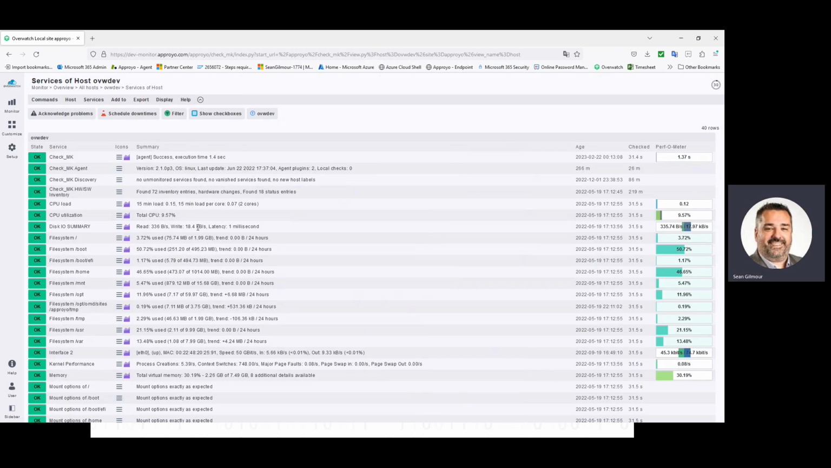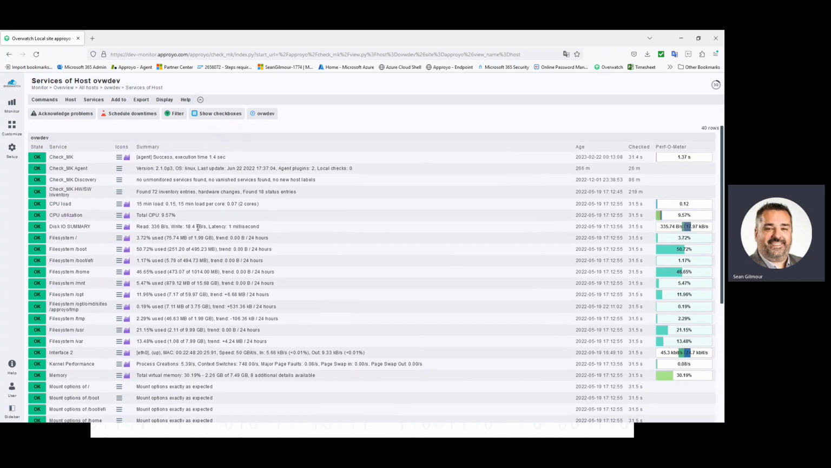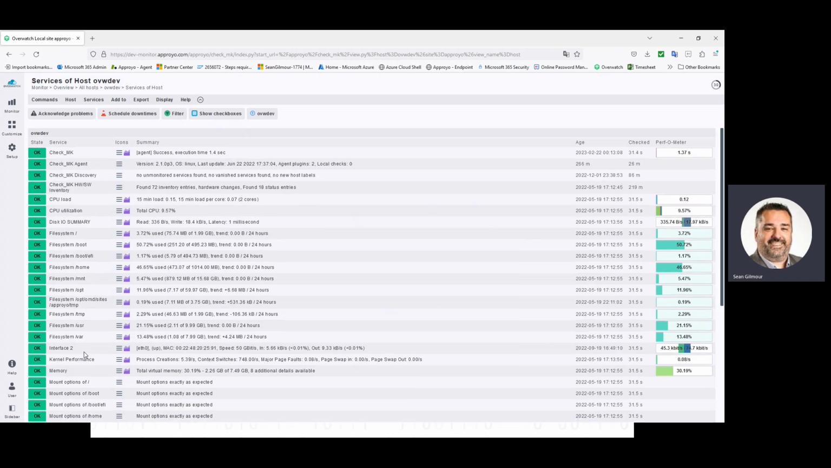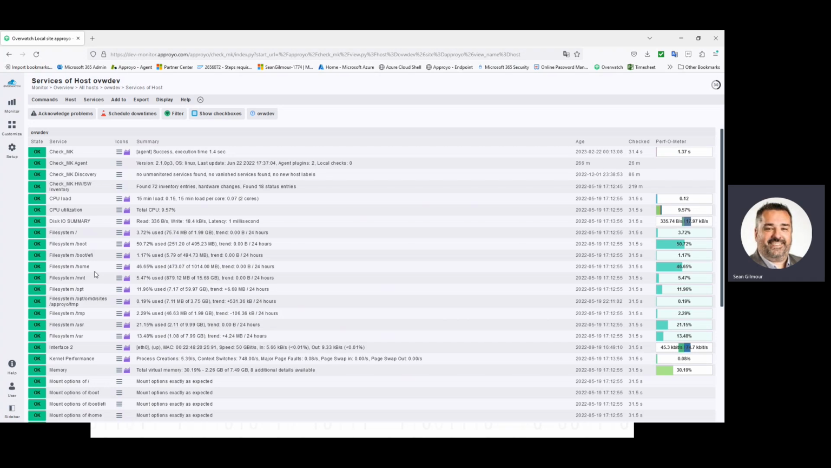This is a single host view from Overwatch. Here we monitor many of the usual suspects: CPU, disk space, memory, what's configured, what's not, uptime, patching, and things like that. So from all these systems, we can see